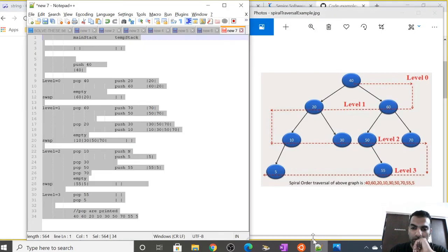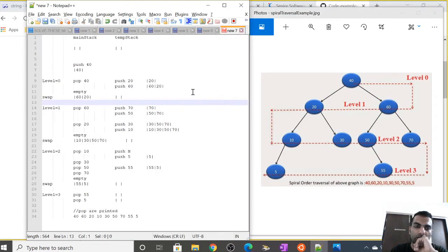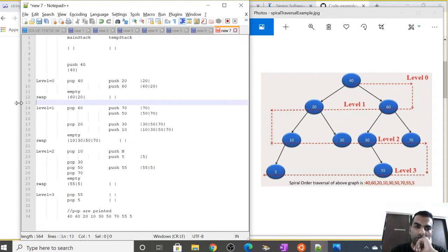For achieving this, we are going to use two stack data structures. So we know stack is a last in first out data structure. That is, whatever entries we fill last in the stack will be popped out first. So basically we'll take two stacks. That is, one I have taken as a main stack and one as a temporary stack.